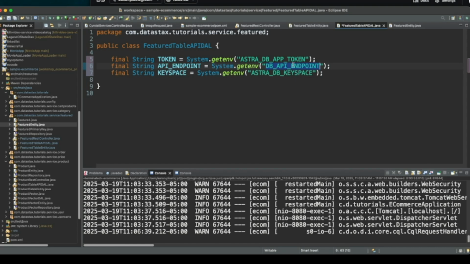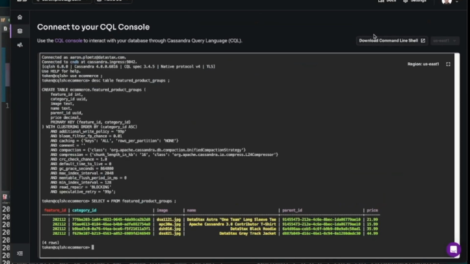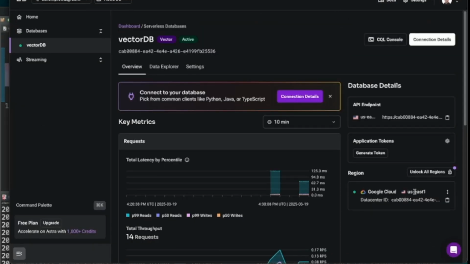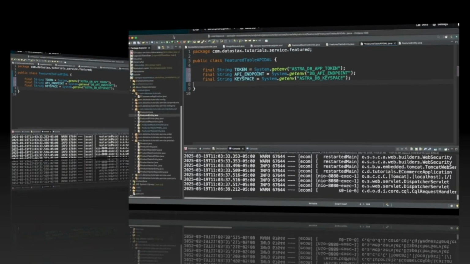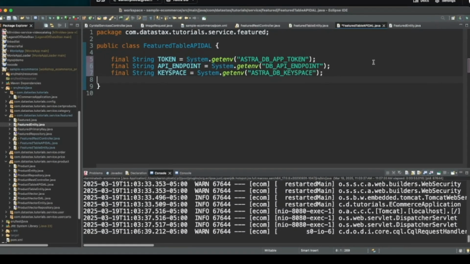API endpoint, though, is new for the data API and thus the table API. So we're going to need to go ahead and make sure we define that in the environment as well. I already have, so I'm going to skip that step. But if you need to get your API endpoint value, you can really easily do that if I go into Astra, and right here on my VectorDB database details is this API endpoint, and I have a little button that lets me copy it and store it off. So I highly recommend doing that. Okay, so we have our constants there.